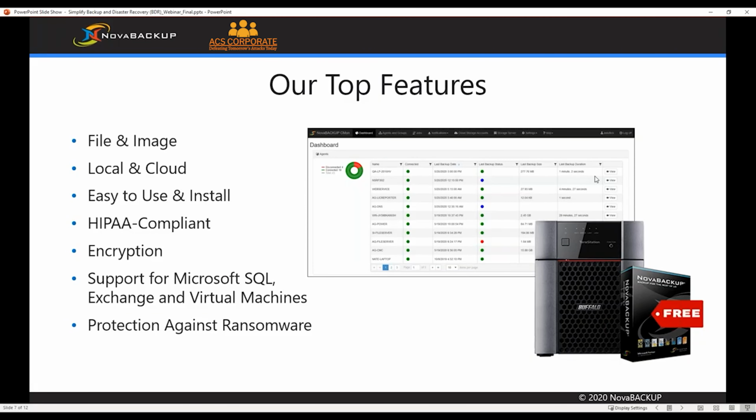Some of our top features of Nova Backup, and some of the things that people don't really realize are included with Nova Backup, is pretty much the entire gamut of what you would need in order to back up and recover, I'll call it, a small business's